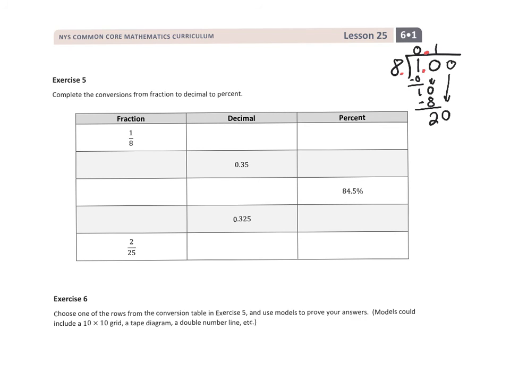So again, we're going to go with 16. This is very similar to what we just did. 20 take away 16 is 4. Make another 0 appear and bring it down. And we have 40. And so 5 times 8 is 40. Now we have the same number that we had before. So the decimal would be